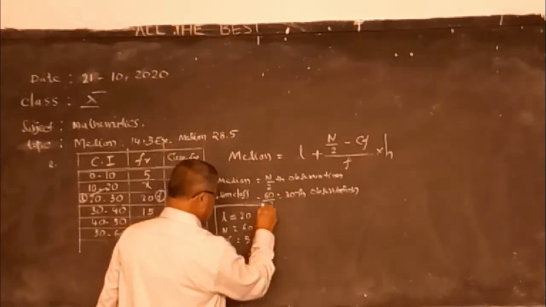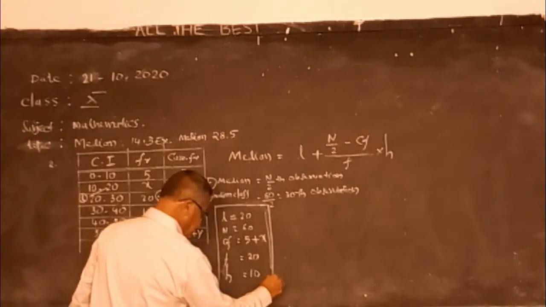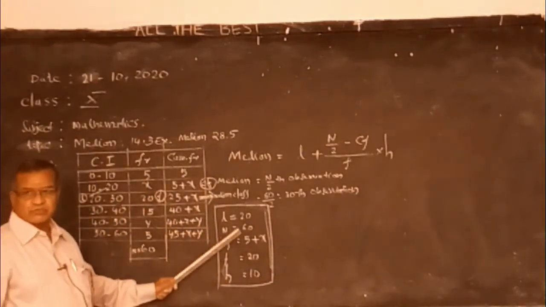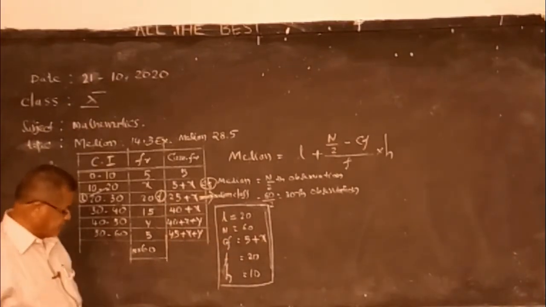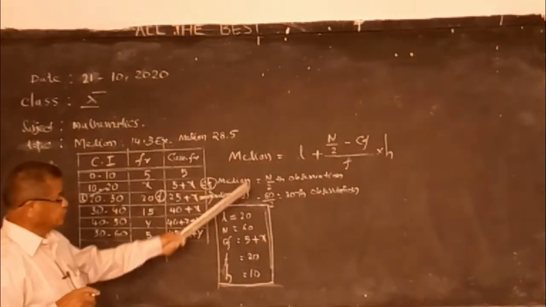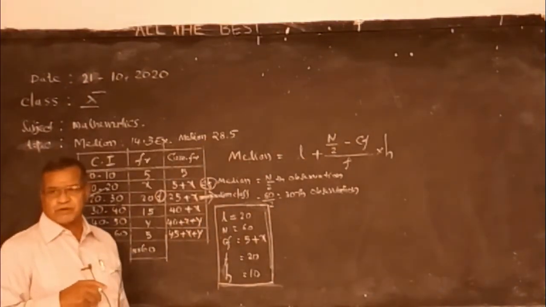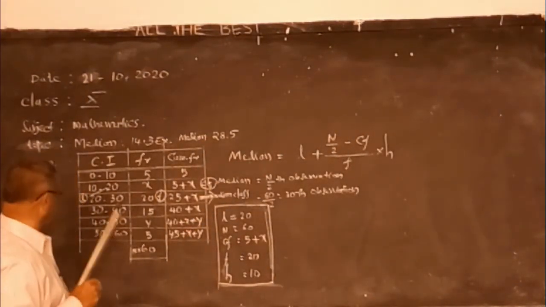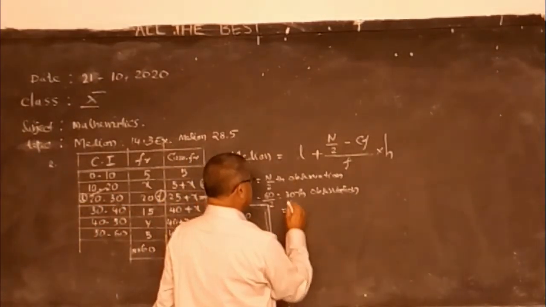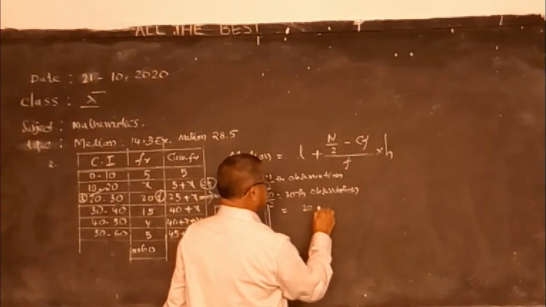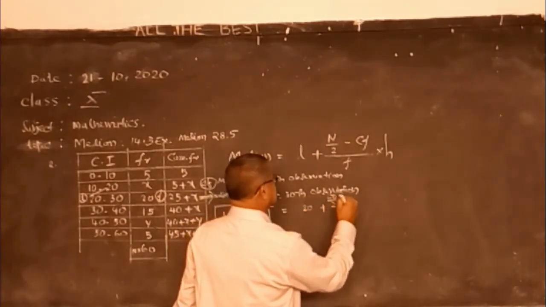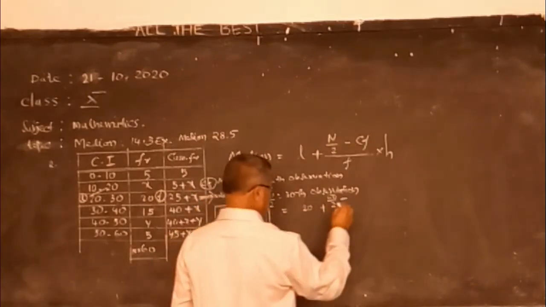For writing the formula, half mark. For writing these terms and values, half mark. Now substitute the values in the formula. Lower boundary of the class, L, is 20. Median equals L, 20, plus 60 by 2 minus CF, 5 plus x,